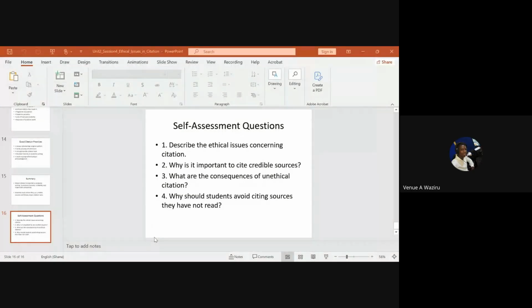Okay. We have what is called Turnitin. I don't know whether you've heard of it. Turnitin. That's the software the university uses. So when you write your academic paper, you will take the paper to the library. They will run your paper through Turnitin. And those that are wrongly cited will be marked red, will be highlighted. So it's not like the reader is just going to mark. They will run your work through Turnitin, and it will bring your fails out. You get it?